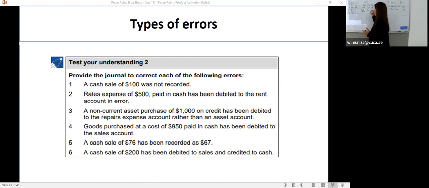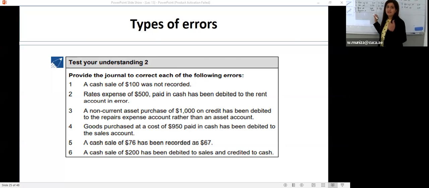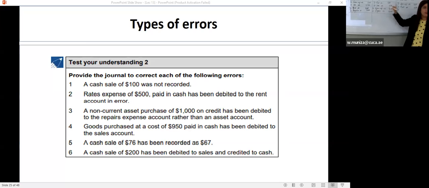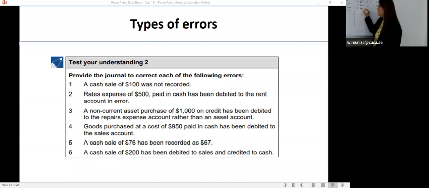Debit repair expense account. Instead of debiting non-current asset account, we have debited repair expense account and credited payables. There is no mistake in payables account with an amount of $1,000. In order to rectify this, what we are going to do, students, tell me? We should have debited non-current asset account, but we have not. So we are going to debit non-current asset account. We should not have debited repair expense account, but we have debited. So in order to cancel its effect, we are going to credit it, repair expense account with an amount of